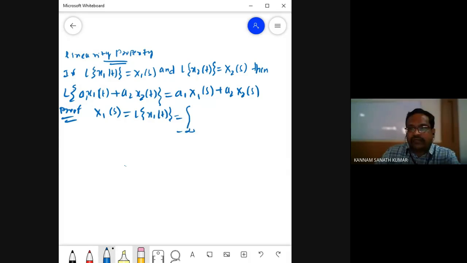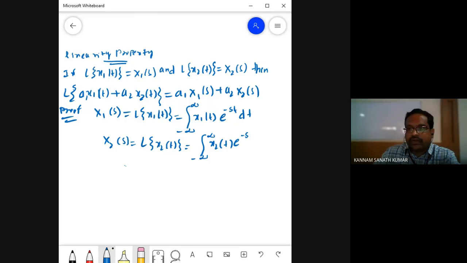Integration from minus infinity to infinity of x1 of t into e power minus st dt. Okay, so next, what is X2 of s? So X2 of s is nothing but the Laplace transform of x2 of t. So that is equal to what? Integration from minus infinity to infinity of x2 of t into e power minus st dt. Okay, so from the basic formula, I calculated the Laplace transform of x1 of t and the Laplace transform of